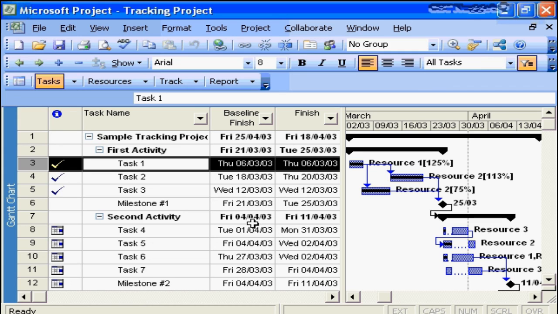The key is, once you enter the actuals, you need to review and manage and reiterate the plan to try to come up with a better news scenario before you present the information to your project sponsor. You need to manage the data, you need to manage the plan, you need to be as aggressive as possible without introducing too much risk to your project before you go to the project sponsor and say, bad news, the